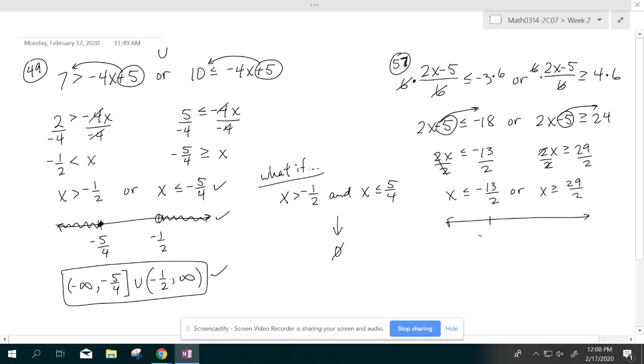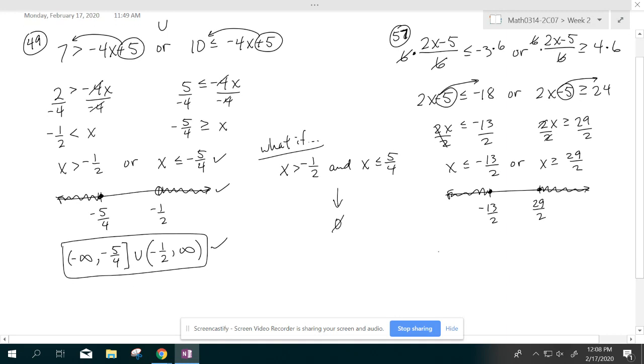Now, on the number line, we got negative 13 halves. That's a solid dot. 29 halves. That's a solid dot. Incoming message. I'm sorry, that'll stop in a minute. Shaded to the right, shaded to the left. Do y'all see that these two shadings do not overlap? But it's an or, so it's okay if they don't overlap. So what is the interval notation? Everything from,